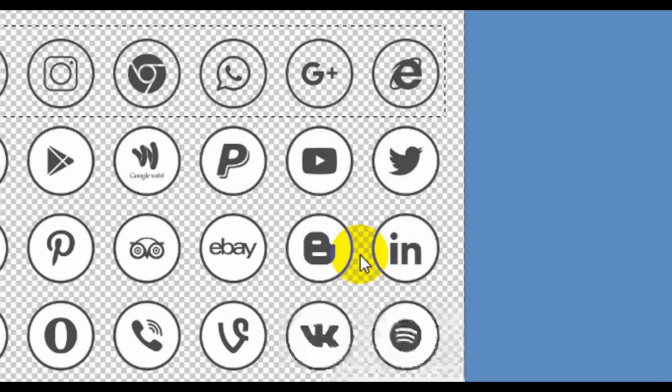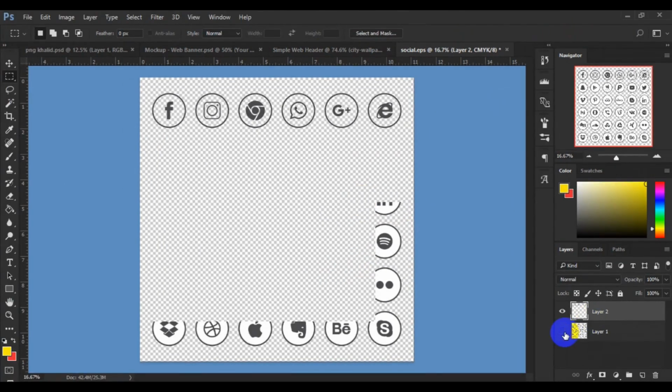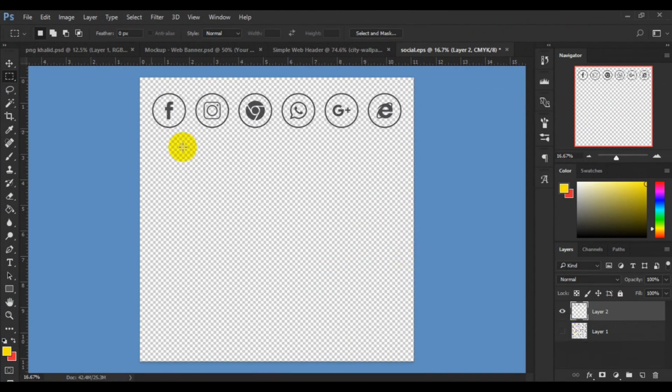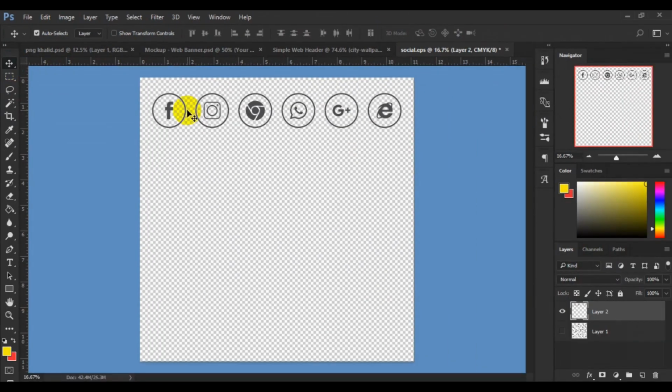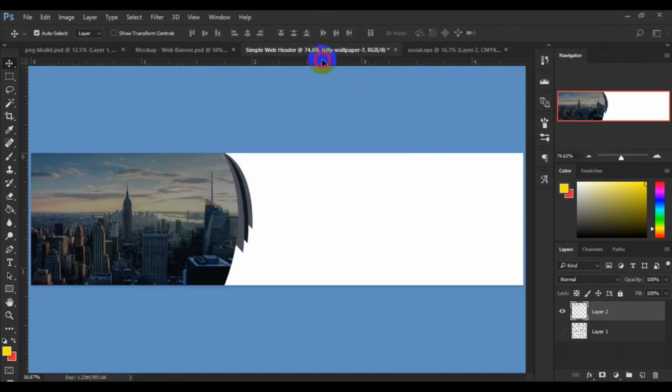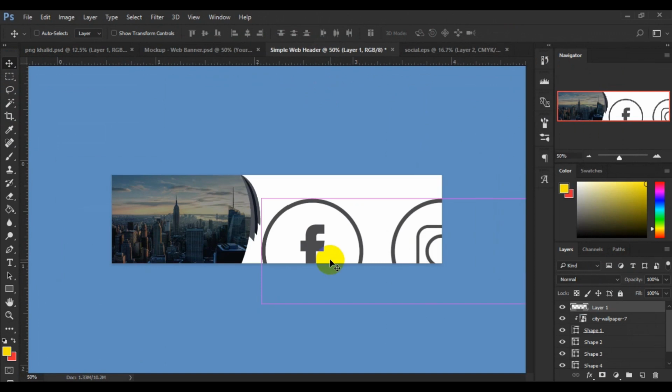Then I will right click. So in this regard, I will choose layer via copy. So I'm going to hide this layer, the original layer here. Then I'll go back to my move tool. Then I will select this and take it to my design layer. So Control minus, right? So